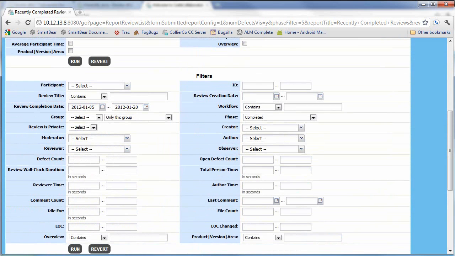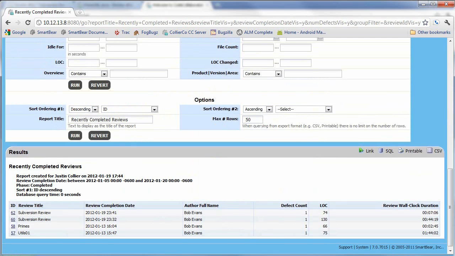As I scroll down, I can choose filters. So if I want to filter by group or the review title, phase information, the author, anything that I might want to filter by is all available here, including custom fields, which we talked about at the beginning. Notice that product version area field is available here as well. But let's go ahead and run this report, and when we run it, we get all of our results back